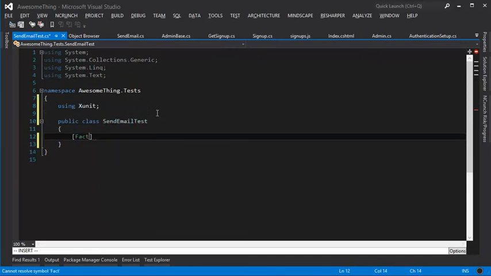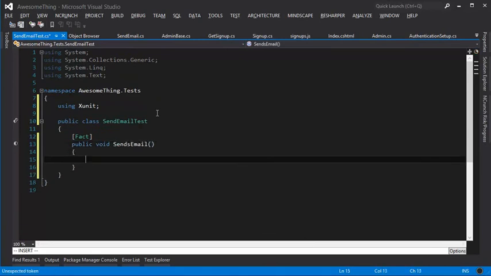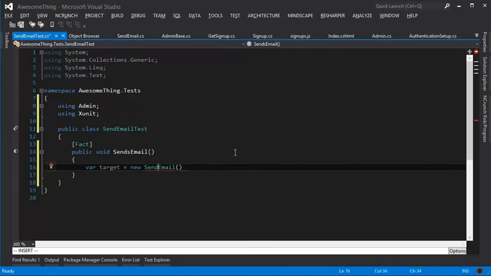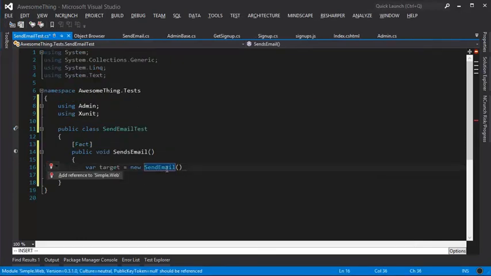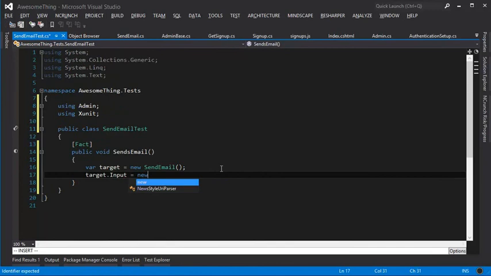I will put a fact in there that says public void sends email, and in here I can just create a new instance of the send email class, reference awesome thing, and of course we need to pop over there and make sure we've got a reference to that simple.web library there, so we've got all the interfaces, and then we can just say target.input equals new sign up,